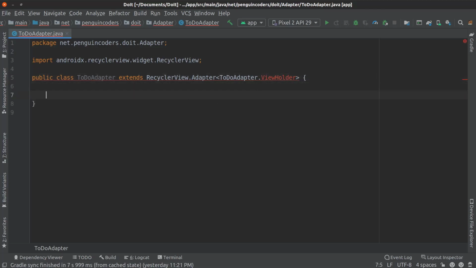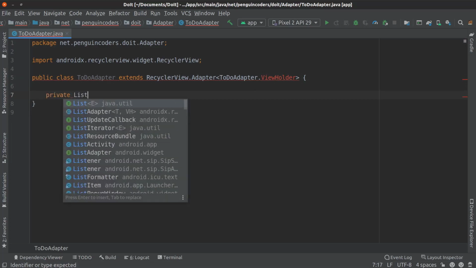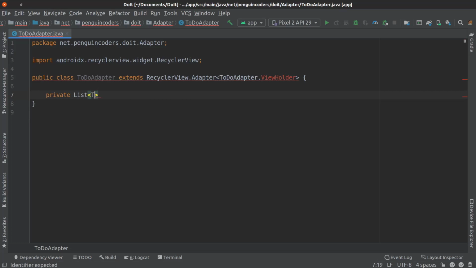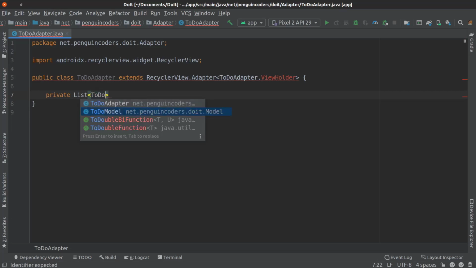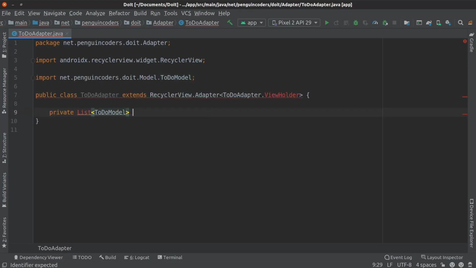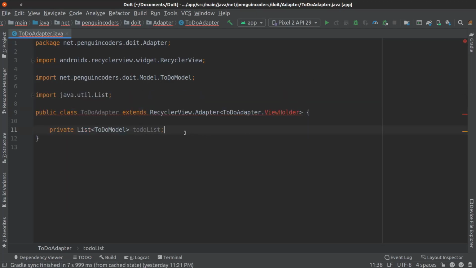Now we need to define some variables which we'll be using in the class. So it will be a private List, and the list type will be ToDoModel because it's a list of our tasks which we are going to show in the recycler view. So it will be toDoList, and let's import List.